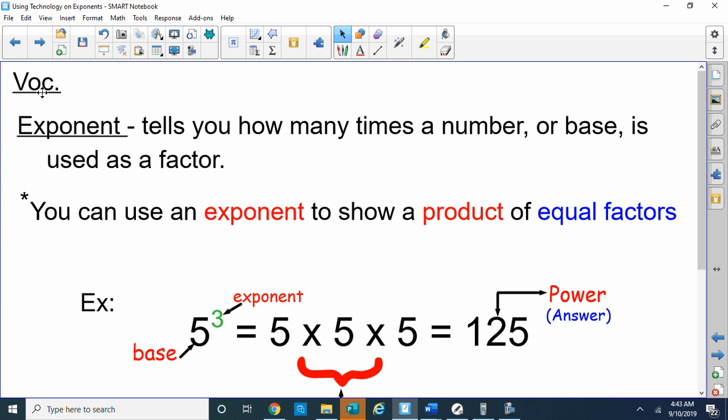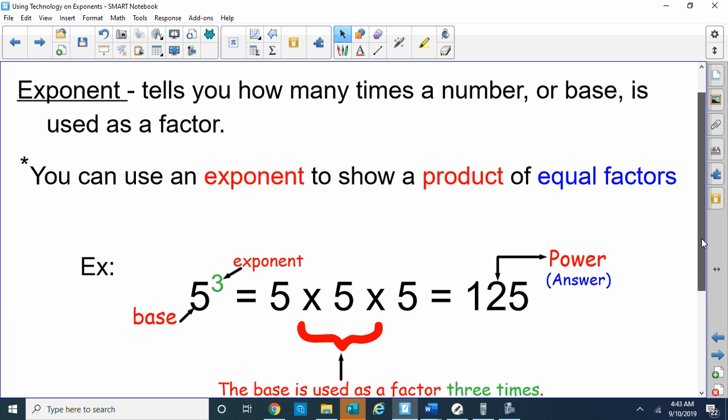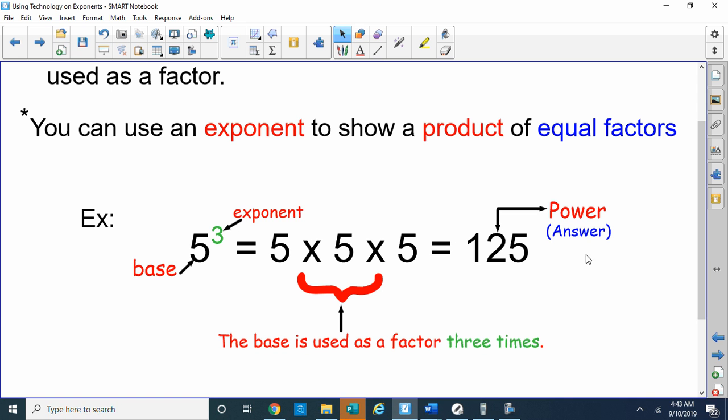So here's our vocabulary. Exponent tells you how many times a number or base is used as a factor. You can use an exponent to show a product of equal factors. And product is the answer to multiplication. So here's our example where we have 5 to the exponent of 3. And that means 5 times 5 times 5 equals 125, because 5 times 5 is 25, and 25 times 5